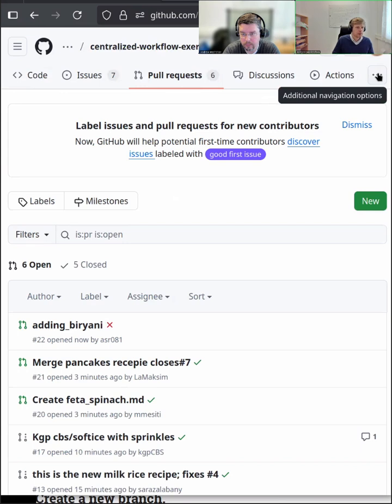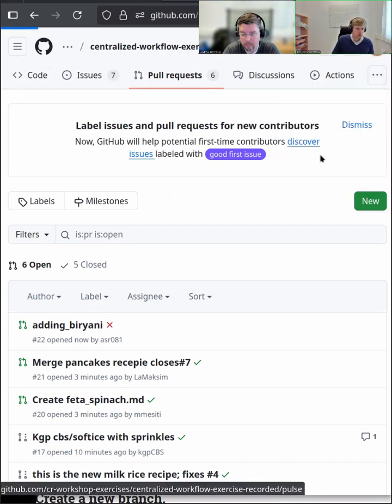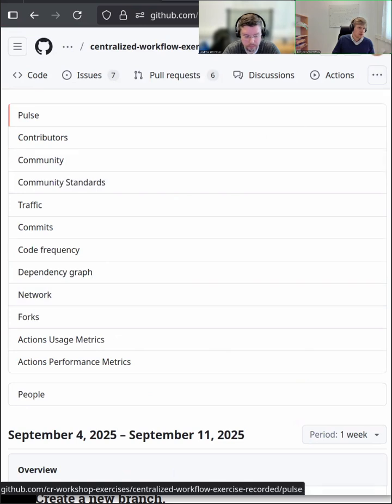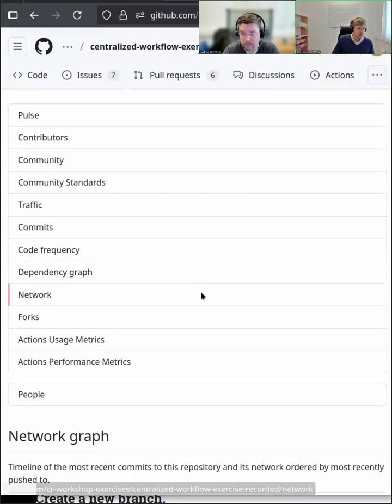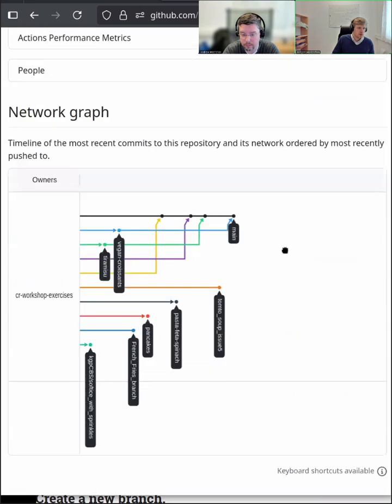That looks really good. Before we go into the break in 30 seconds, let me just quickly show you the graph. We can go here on insights in the repository, and we can go to network. That gives us a very good overview of the different branches and who's working on what. We can see here the main branch, and then some merged branches, this yellow one, for instance, and we have some branches here which are open. So we can see there's a lot of contributions already made.